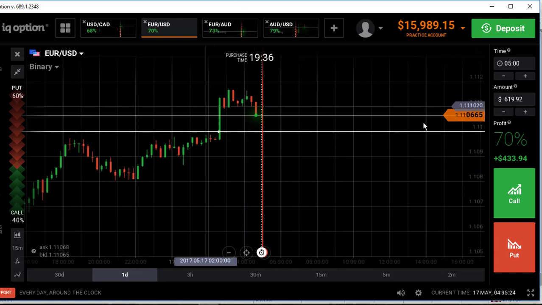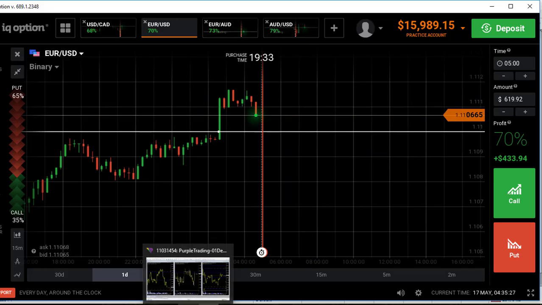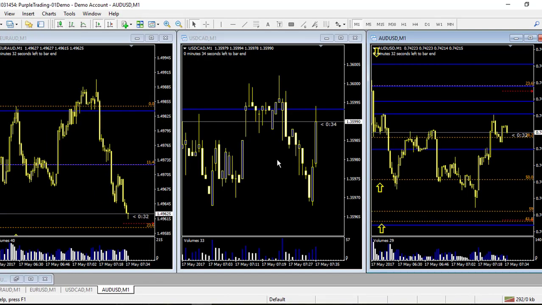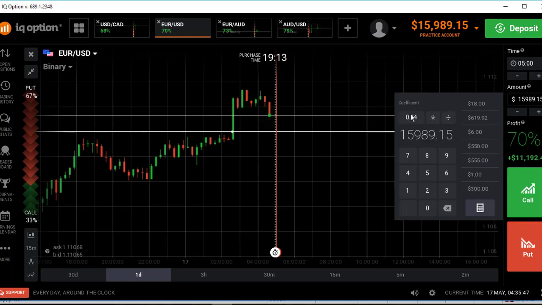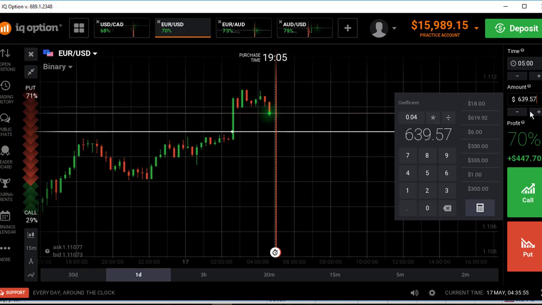Now this is a longer trade. The other ones are in my MetaTrader. The first thing that I wanted to tell you is how to find your 4%. IQ has a good feature here. You type your global amount, 15,989.15, and you click on the calculator here, and 0.04 means that when you multiply by this number, you will have 4% of your account. So my trading size should be, for my first trade, whatever currency pair I take, this amount,